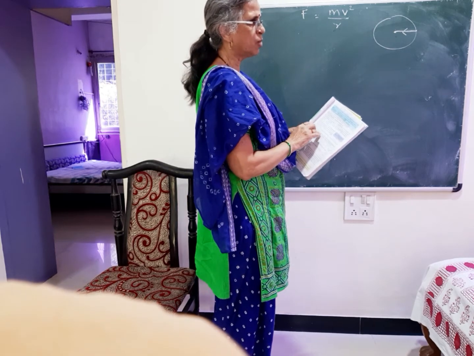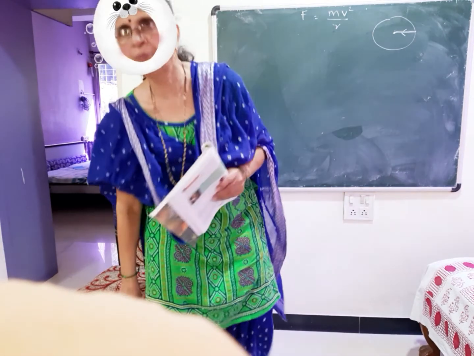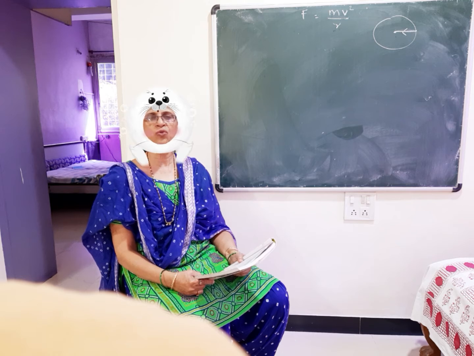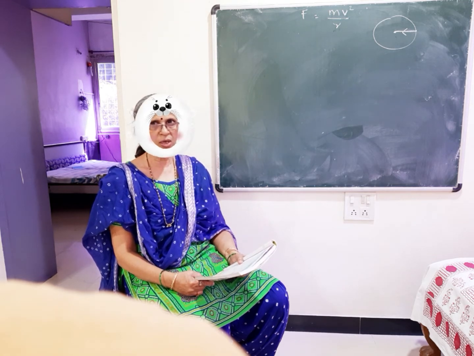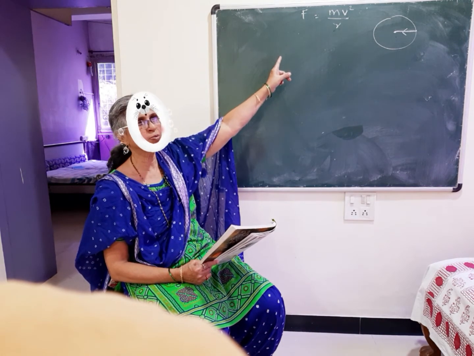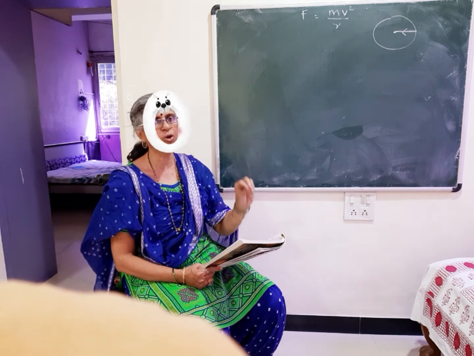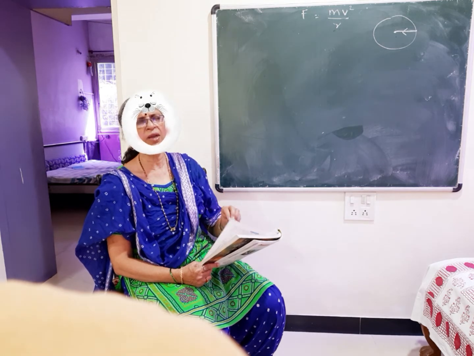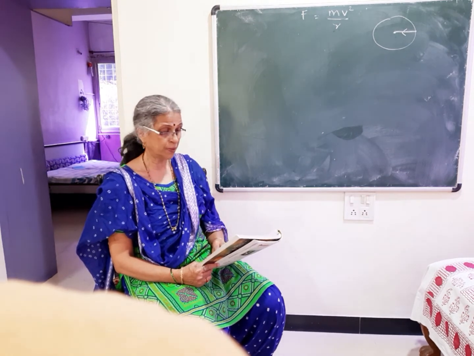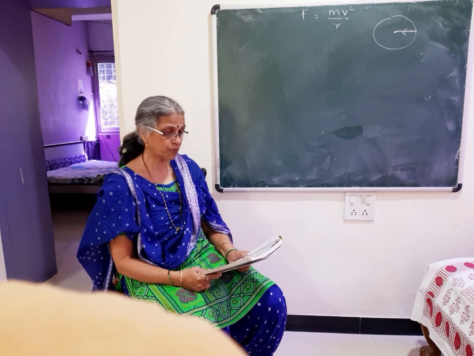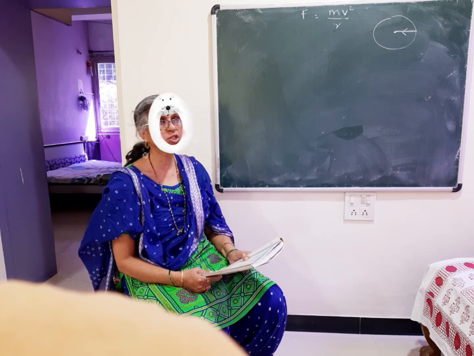Followed? Now the same formula we are going to use for the motion of a planet, because we are also going to consider the motion of a planet around the sun as a uniform circular motion. In the case of a planet, we again use the formula for centripetal force, because the motion of the planet is also possible due to this centripetal force exerted on the planet by the sun at its center. So in this formula for the planet, m will be the mass of the planet, v will be the speed of the planet, and r will be the distance of the planet from the sun.